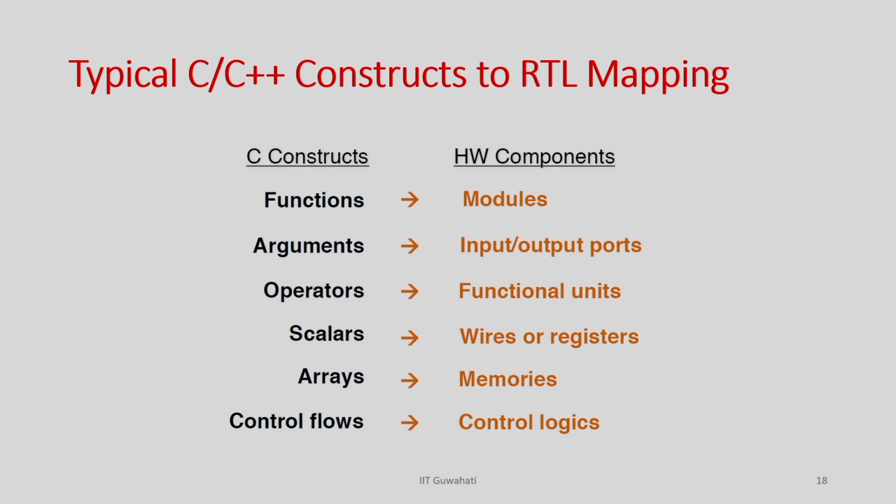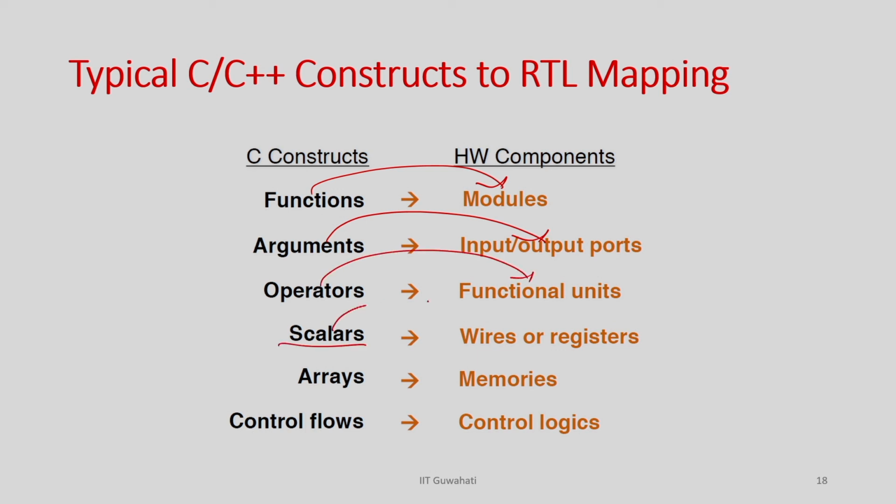So, the first thing is the function. You just know that a function gets mapped to a module. I am expecting that you have some familiarity with Verilog or VHDL or an HDL language. If not, please go through that, otherwise you might face a little bit of struggle in the later part of the course. Okay. So, the function gets mapped to a module in the hardware. The module is a kind of component where you can perform a specific task, right. The arguments of the function become the IO ports for the module. Operations are mapped to the function units that we have already discussed.